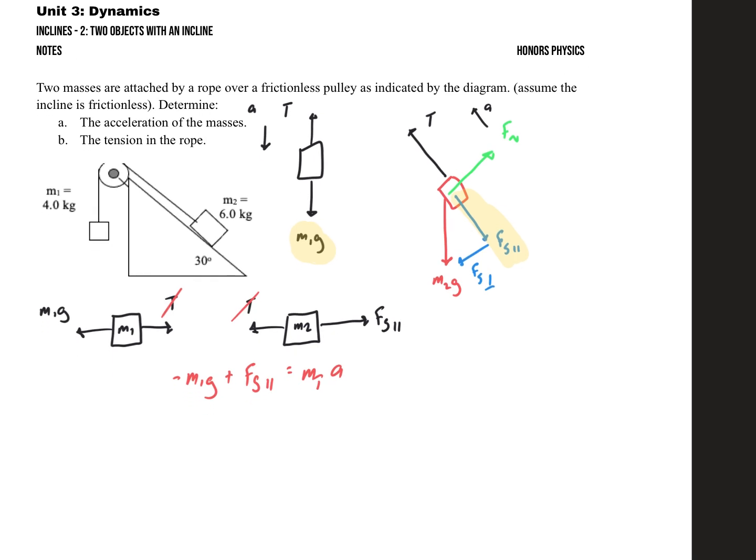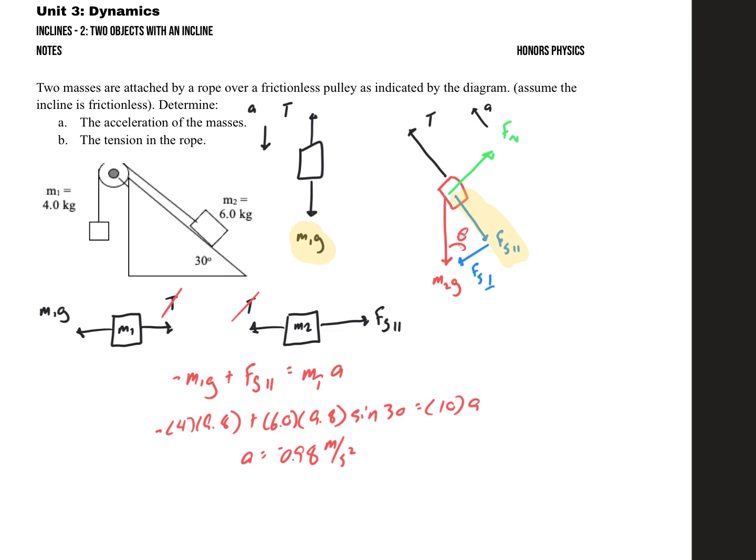Plugging in some of the numbers. So M1, that's negative 4. So all we're doing is going to start crunching some numbers. Mass 2 is 6, 9.8, and it is opposite the angle, so it's going to be sine of 30, equals the total mass. We have 10 times A. And when we crunch our numbers, we get a value of negative 0.98, really close to 1 meters per second